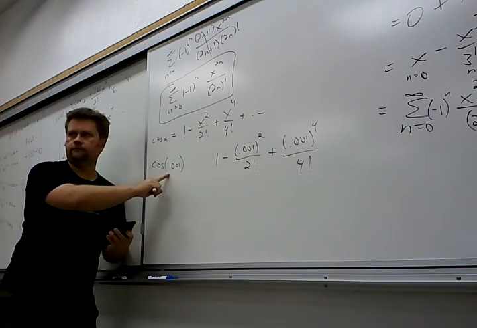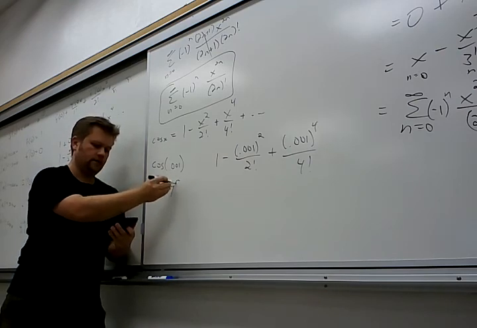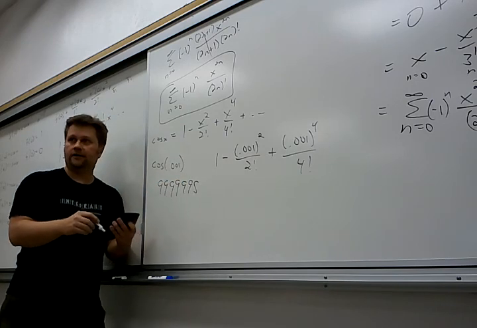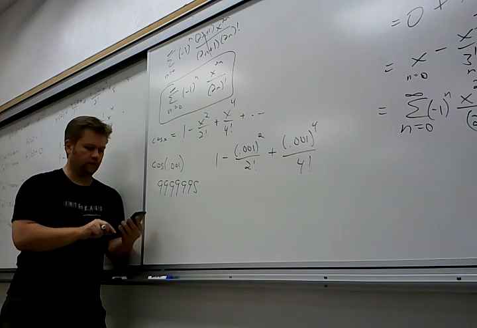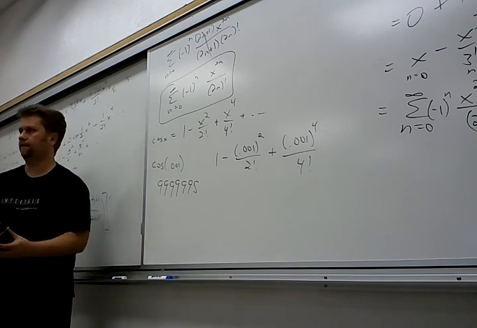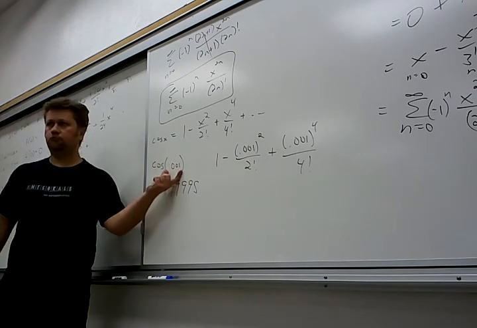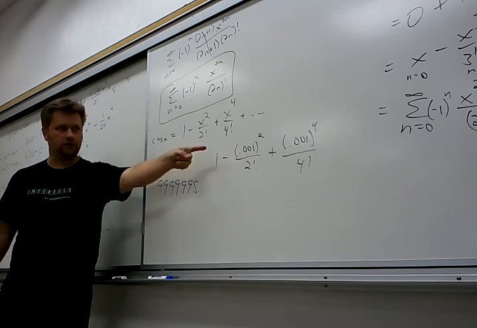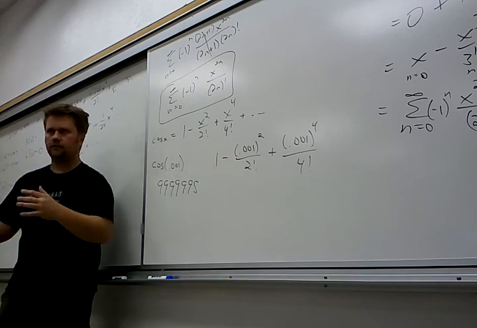So what do you get for this here? 0.9999995, I think, right? And if you do that, 1 minus 0.001 squared divided by 2 plus 0.001 to the 4th divided by 24, you get the same thing. Because I used the input that was pretty close to 0, I would expect this to be pretty good. I don't have to go much further than that. Do you guys see how this concrete